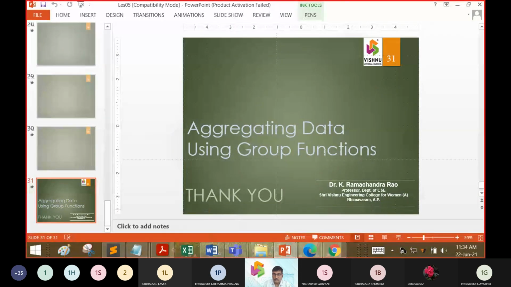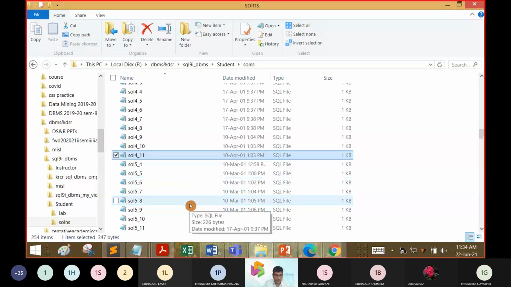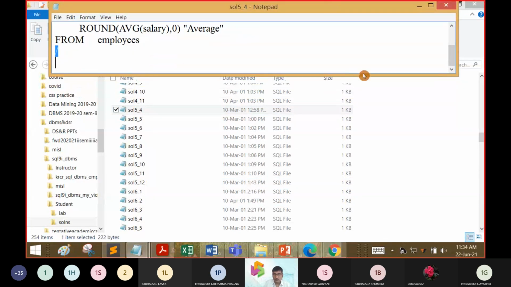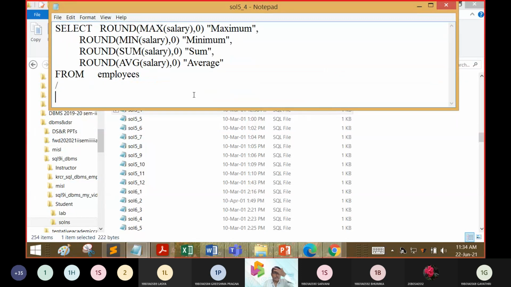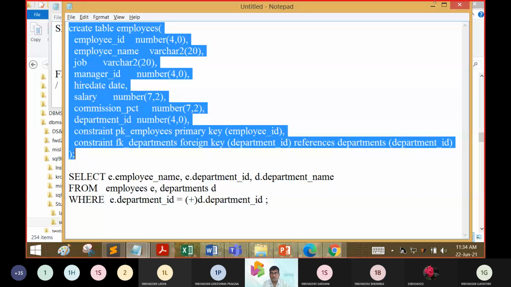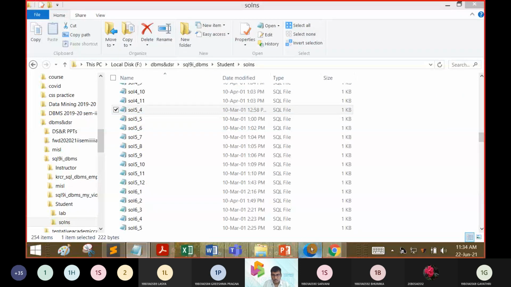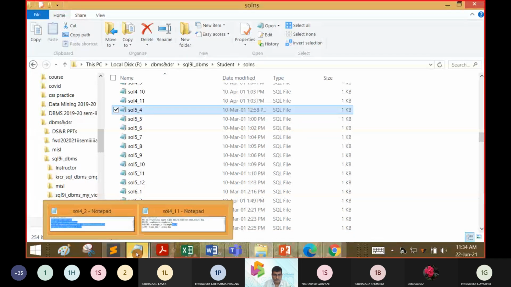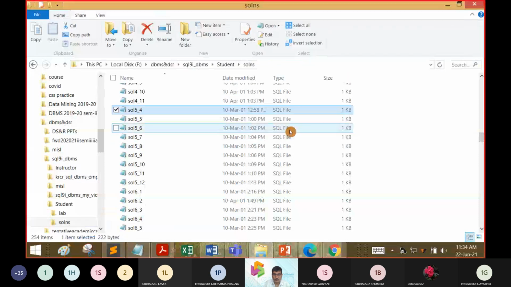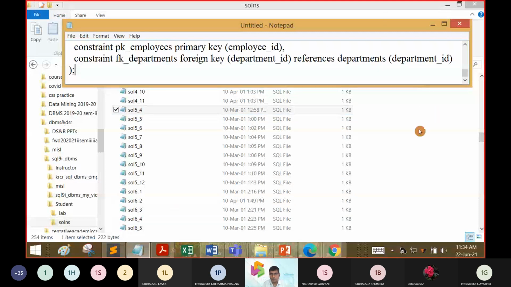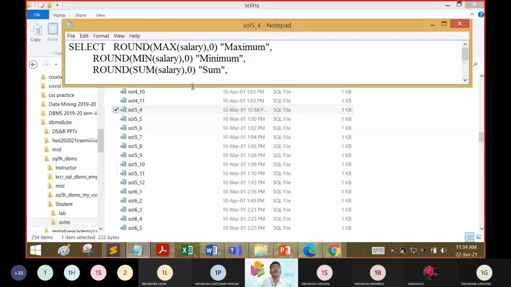Now we will start working with the query part that is customized to our application. We'll start with the 5.4 query.